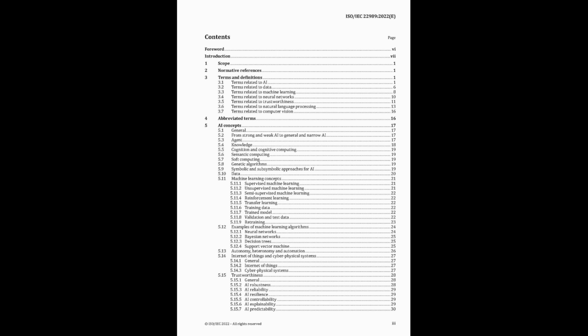And the processing needs aren't all the same. Right. Definitely not. It depends on whether you're using machine learning, deep learning, what kind of tasks the system is doing. Different types of neural networks, for example, have very different computational needs. And this often leads to using heterogeneous computing, where you use the best processor for each specific task. The standard even mentions hardware accelerators like GPUs, NPUs, FPGAs, DSPs, and ASICs, specialized chips designed to speed up those demanding AI tasks. And how do we manage all these different resources?